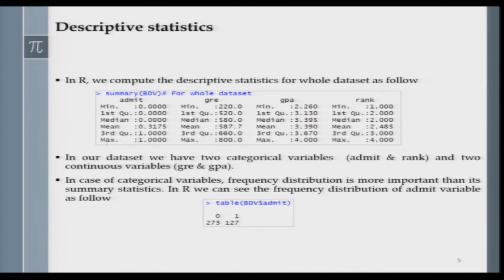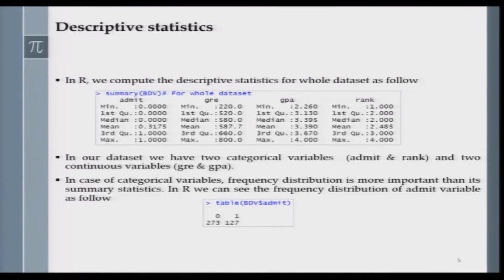Now if you compute the ratio 127 divided by 400, that should give you the proportion of the students who got admitted into the grad school. And if you compute the ratio, you will get the number I talked about a couple of minutes back, 0.3175. That is basically the mean that is showing here.